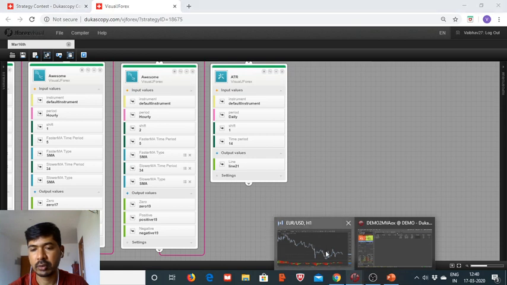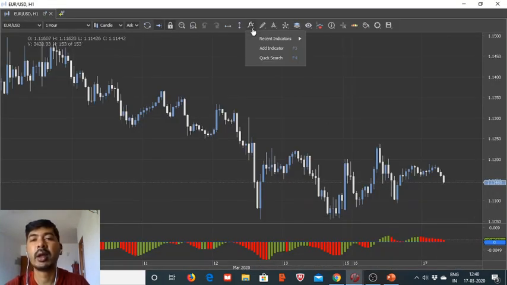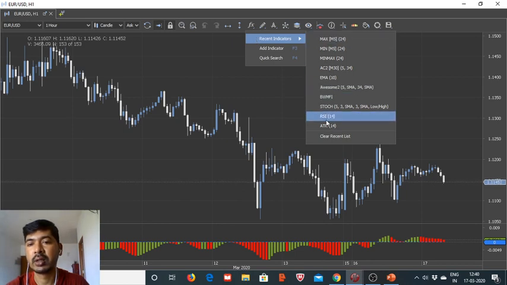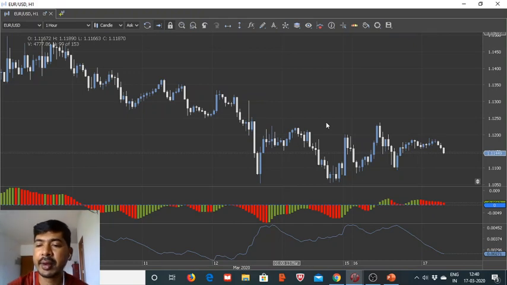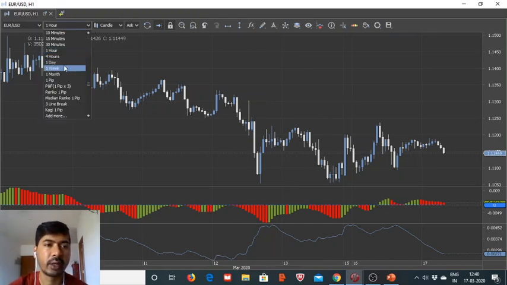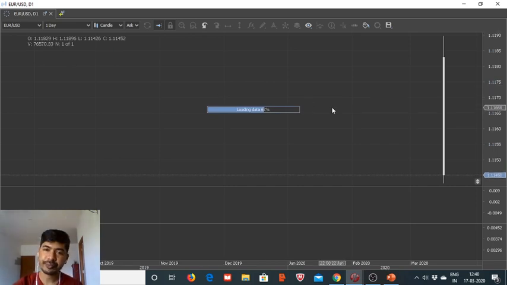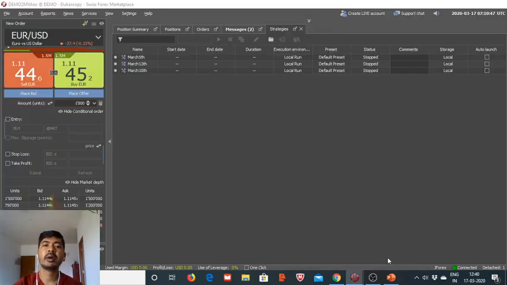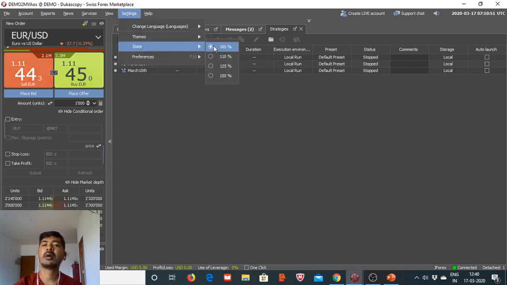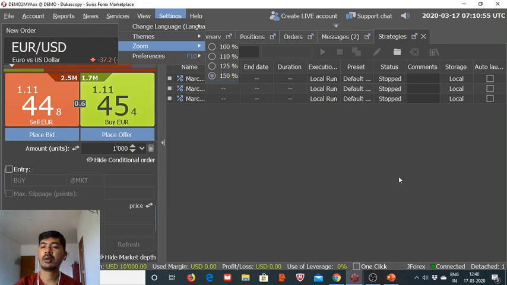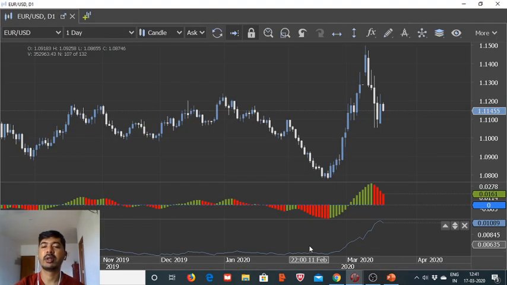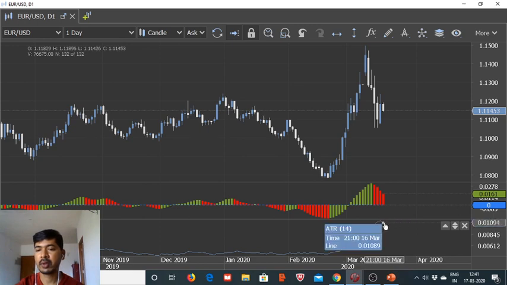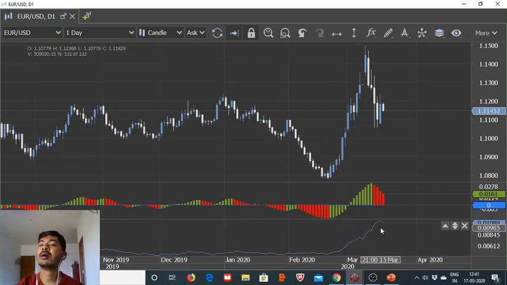And on the chart I will show you how it will work. Let me add the indicator here too. The ATR is here, and we will need to convert it into daily time frame. So this is the daily time frame ATR, and let me again increase the zoom so that numerals are better visible. These are damn volatile times, and as you can see, earlier the ATR was even below 50 pips, around 46 pips just a month back, and now the ATR is even above 100 pips, almost 110 pips. So it is pretty difficult